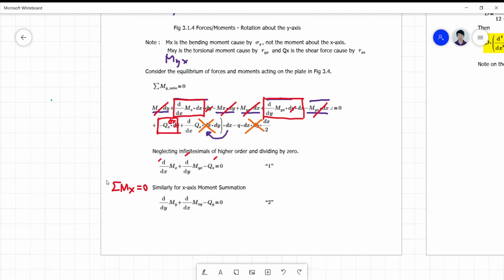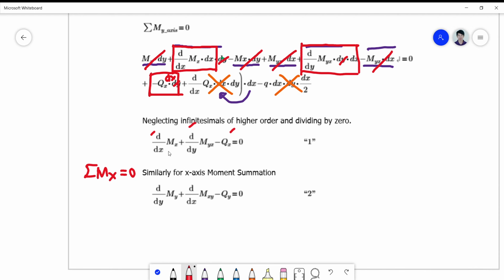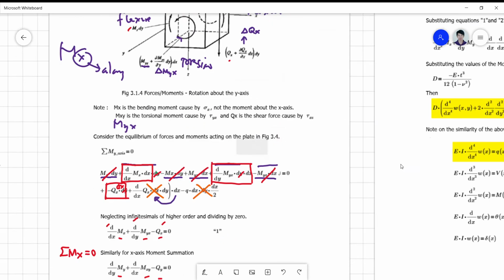But still, you will have to note that you have a flexural, torsional, and a shear: flexural in y, torsional in xy, and a shear. So these are now equations 1 and 2